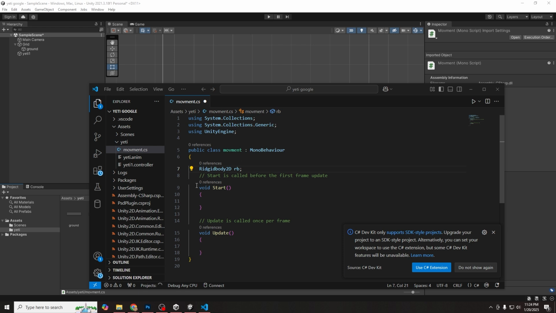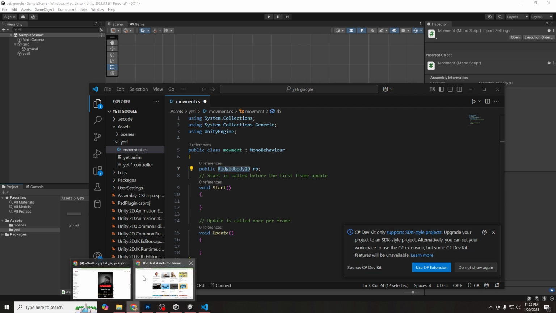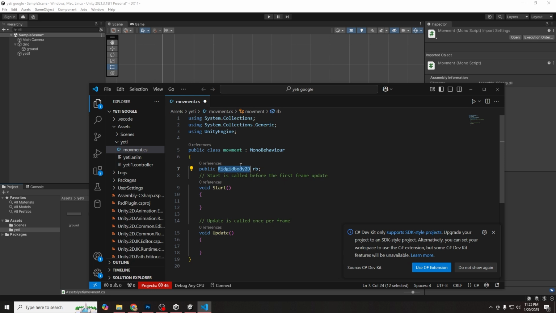Make sure it's public Rigidbody2D, and then just calling it RB. And here's the deal, you don't have to remember the spelling of them. If you ever spelled it wrong, just Google it and you will get the right spelling. So Rigidbody2D, and then we will call it RB, and then in the update function we will say